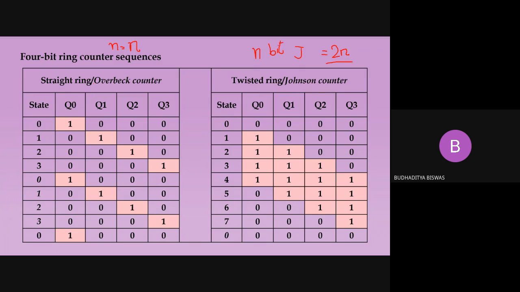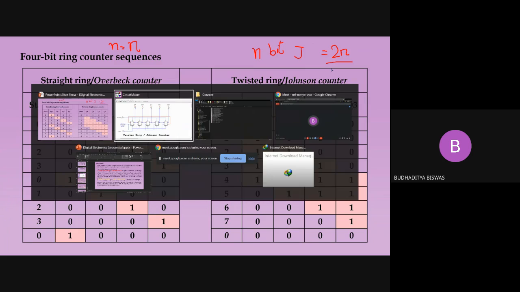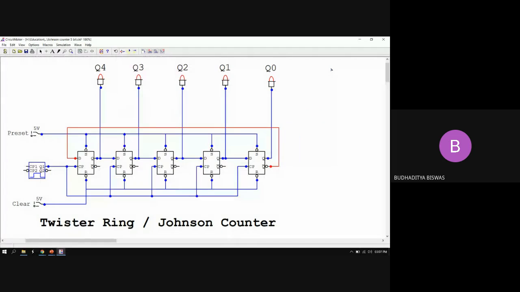And in the case of connection, Q is connected to D0 here, and here the Q bar, the last flip-flop output bar, is connected to the first flip-flop input. That is the only difference between the ring counter and the twisted ring counter. Let's run the circuit. You see, initially it is 0, then everything starts filling with 1, and after that everything starts filling with 0. Look here, 0, then start filling with 1, completed, then start filling with 0, completed, again 0. So this is called the twisted ring counter.